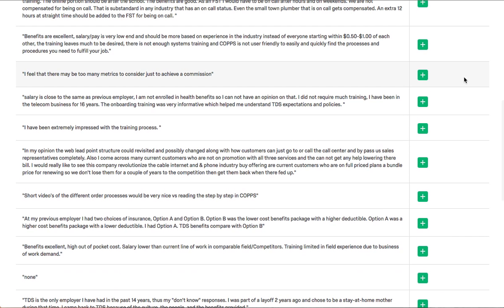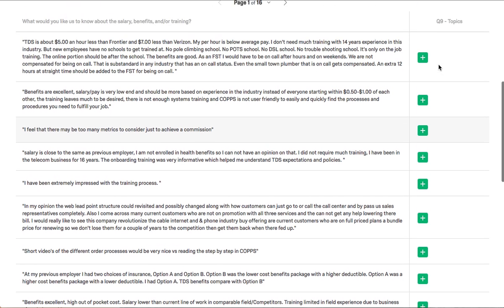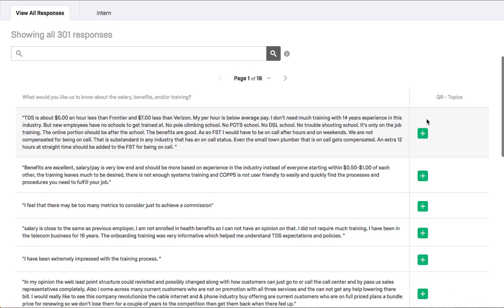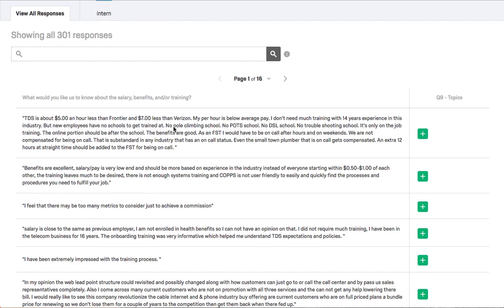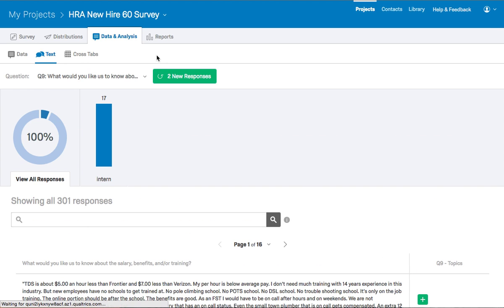And what that means is this is very similar to embedded data, where we can then filter later on and only filter the ones that you want to see and create a table based off of those, so you can see those responses and include just those in your report. So how you would do that is, like I say, you just add different topics here. Then in your report section,